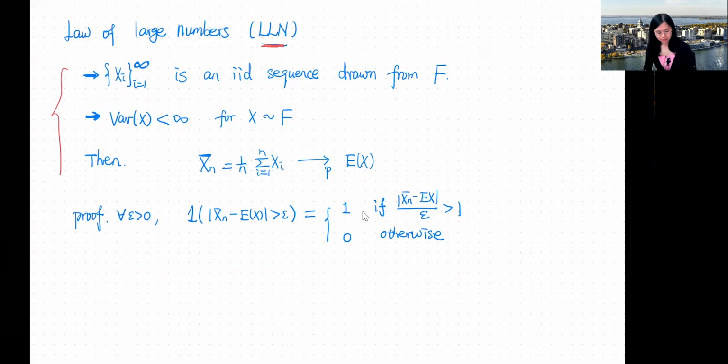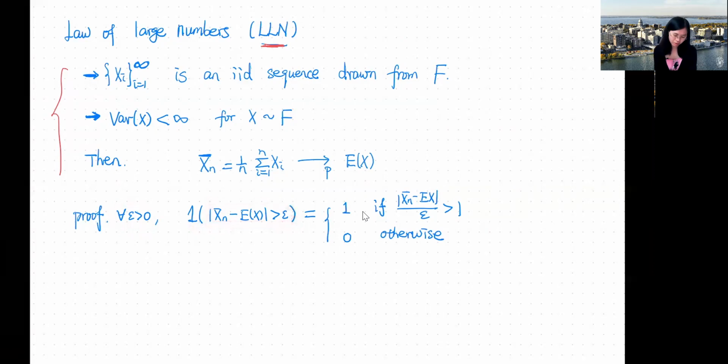This version of the law of large numbers is rather easy to prove. I'm going to go over this simple proof. So the proof is as follows. We're going to use the definition of convergence in probability. We're going to consider this arbitrary small positive number epsilon. For this positive number, we consider this dummy variable defined by the event that Xn bar is more than epsilon away from the population expectation. So this dummy variable equals 1 if this event happens and equals 0 otherwise.